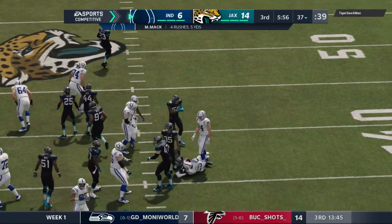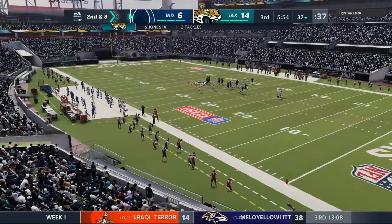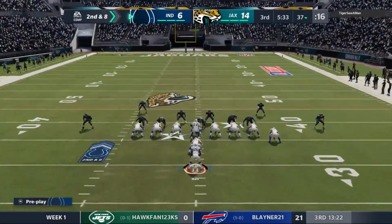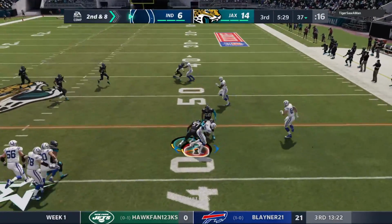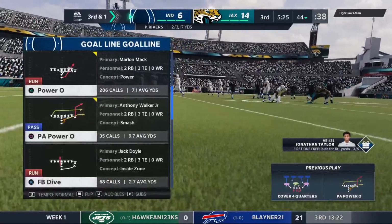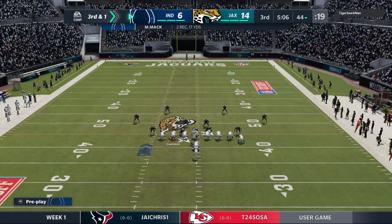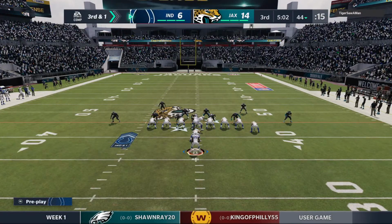Unable to get downhill there as he'll take this up to about the 37. He's brought down, tackled that time by Sidney Jones. A gain of 2. Brings up 2nd and 8. Throwing on 2nd and 8, Rivers completes this one to Mack. And this will be stopped at the 44. That one good for 7 yards. Oh, I came to my feet on that one. I thought he was getting close to breaking that one big. But in the end, give some credit to the defense, finding a way to get to it and forcing a